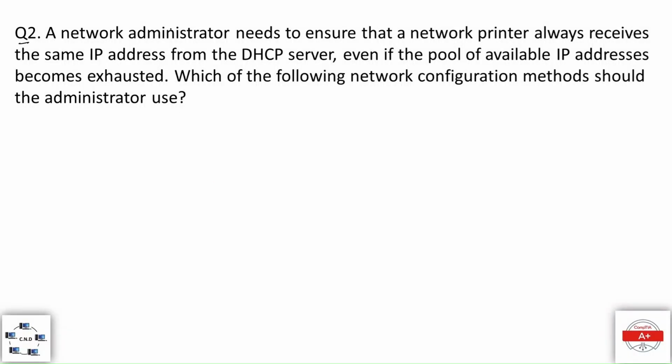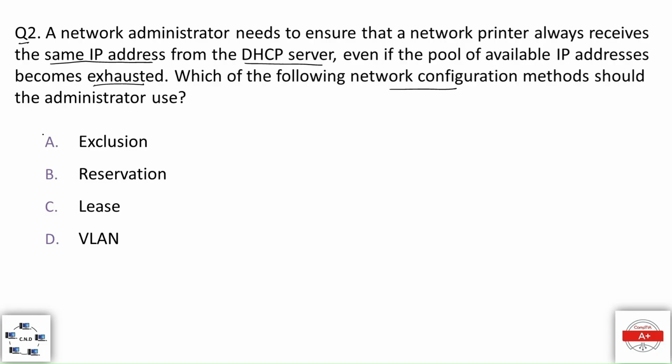Question number 2. A network administrator needs to ensure that a network printer always receives the same IP address from the DHCP server, even if the pool of available IP addresses becomes exhausted. Which of the following network configuration methods should the administrator use? The options are option A, exclusion, option B, reservation, option C, lease, and option D, VLAN. And the correct option is